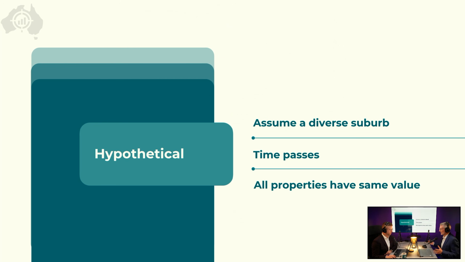All right, so here's a hypothetical thought process to show just how silly this advice really is. Imagine if the median did drag up the value of cheaper properties, then for the exact same reason, the median must also drag down the value of expensive properties. So imagine a suburb with a tremendous diversity in houses. One property might be on a small block on a busy road next to a petrol station. Another might be on a large block in a cul-de-sac next to a nice park. Eventually, if this advice to buy under median is correct, then both properties should end up with the same value because of this dragging phenomenon, right?